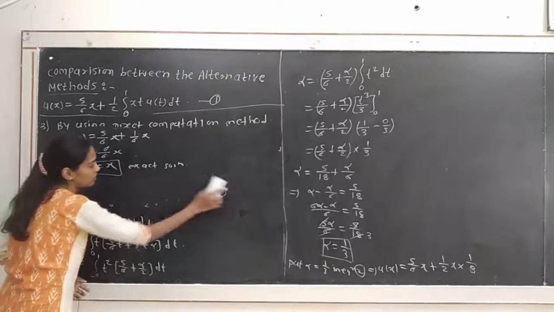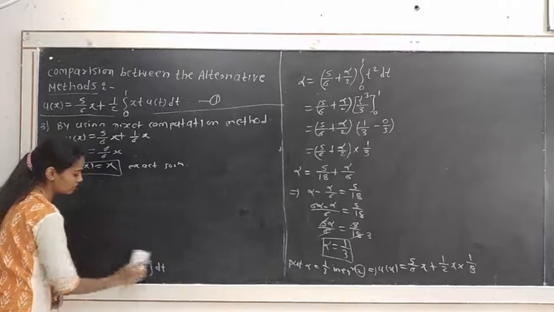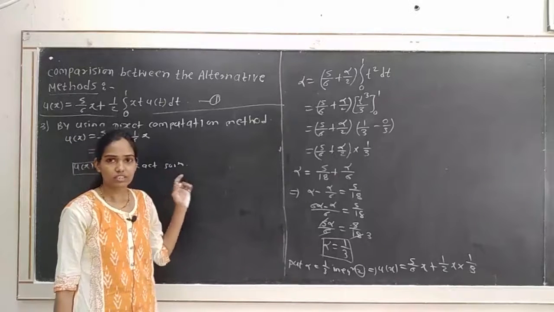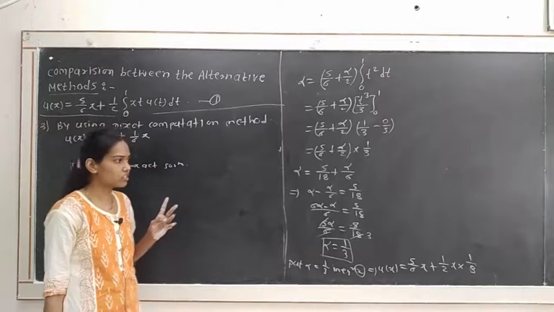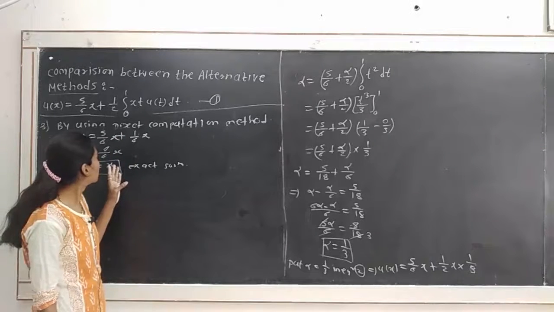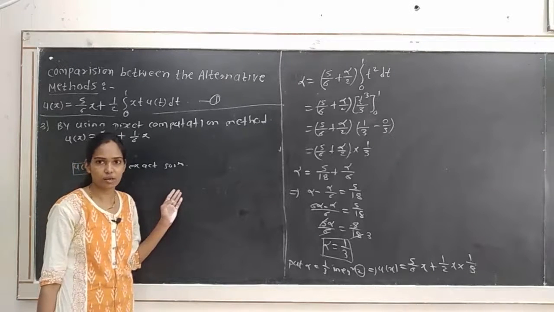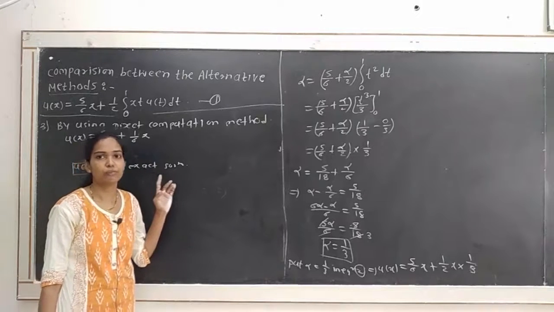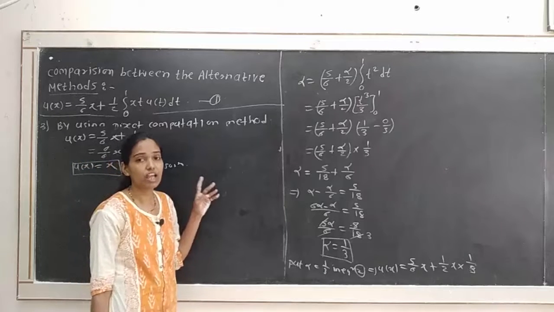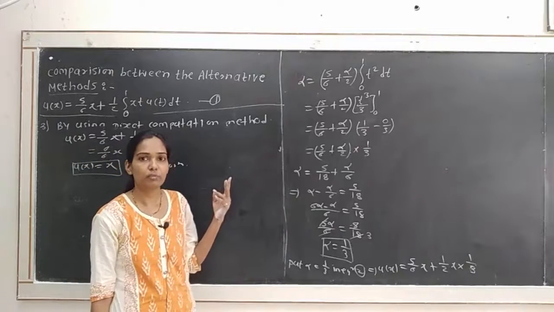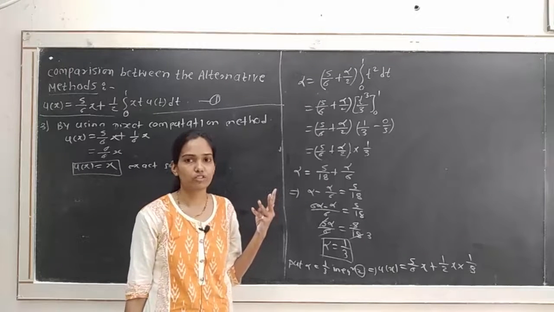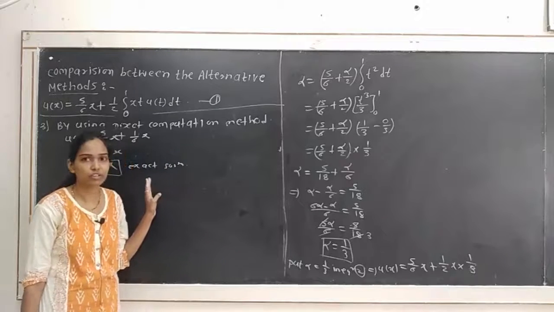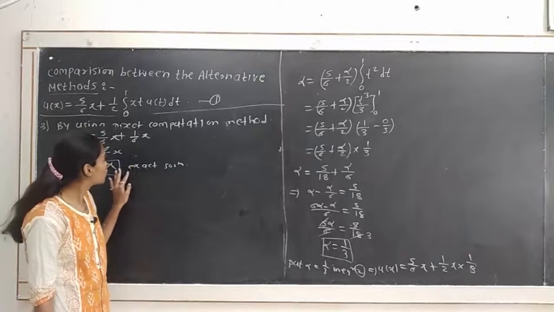So in this way, if we compare the direct computation method with the above two methods, that is Adomian decomposition and variational iteration method, here we require minimum time for solving the example, that is for finding the solution of the given non-homogeneous Fredholm integral equation, as compared to Adomian and variational iteration method, and also as compared to the next two methods, that is successive substitution and successive approximation method. So it is the easiest method and requires minimum time for solving the example.